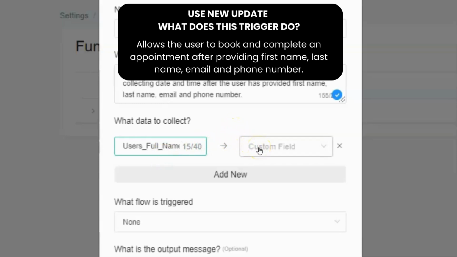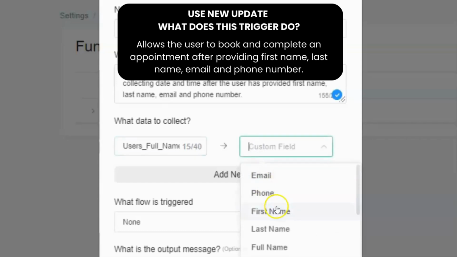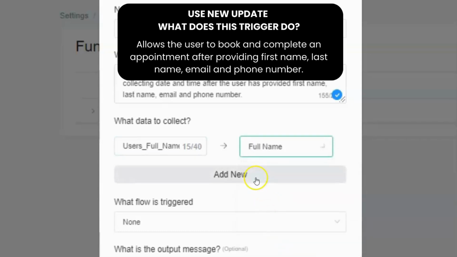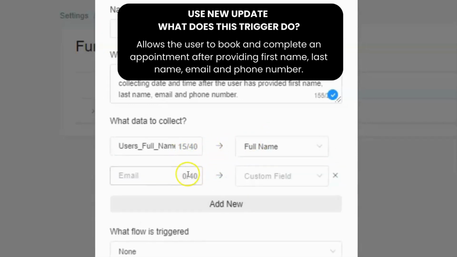After this, I'm going to go to the next mapping that will ask for first name. So I'm going to go right here and look for full name, and I know that one will be populated. We're going to map the user's first name, because we're going to need the first name and the last name in order to have the full name custom field populated. So the next one is going to be user's